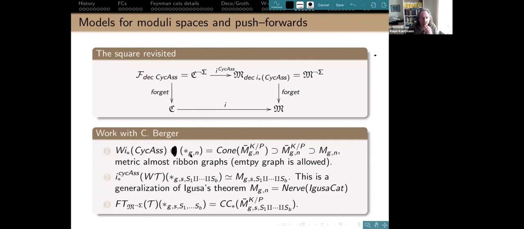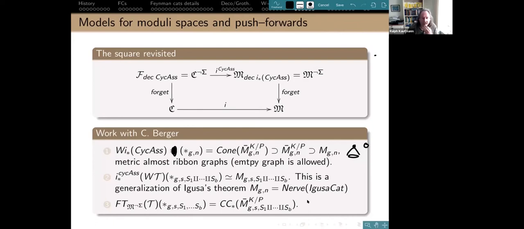I can apply that to a point Gn, which are the objects in here. Those are the basic objects. And what I get out is the Kontsevich-Penner compactification, which contains moduli space. So really, I just have to remove the cone point. There's a cone point here, which is basically 0. If you do the W construction first and then push forward, then what you get upstairs is actually something nice, which is the nerve of the Giza category. So you just get moduli space back directly if you apply to this point.